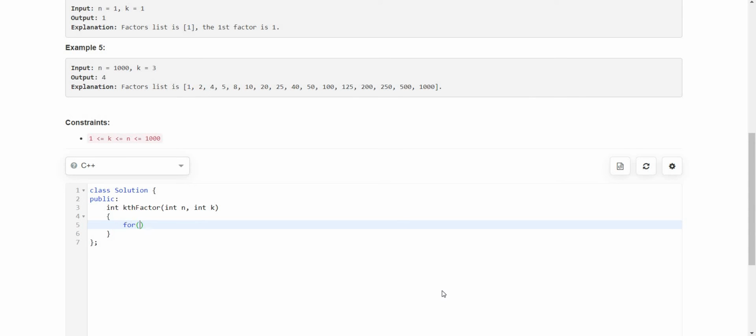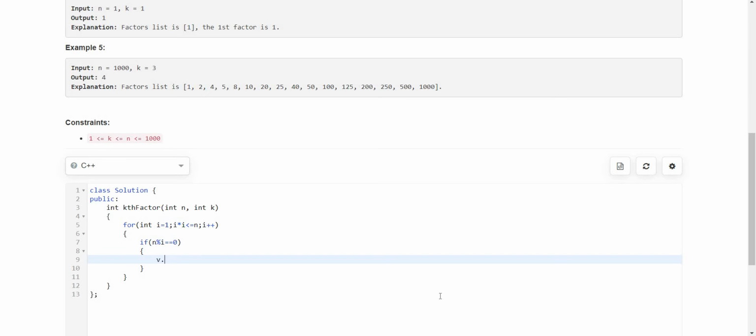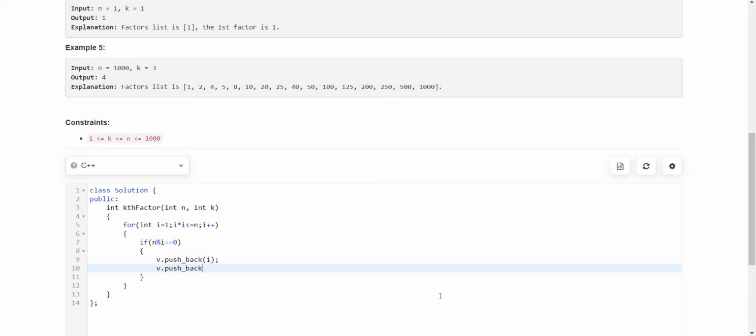So instead of traveling the whole way from i equals 1, i smaller than n, we can do square root n. For that I am taking i multiplied by i instead. This should be smaller than or equal to n and i plus plus. If n modulus i is equal to 0, that means i is a factor. So there are two factors. v dot push back this i and then v dot push back n divided by i. So these are the two factors. Then simply sort this. Sort v dot begin comma v dot end,